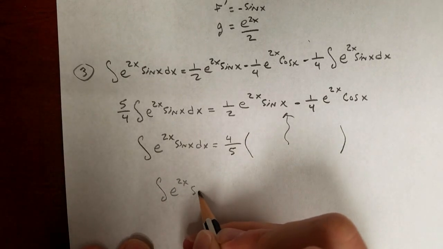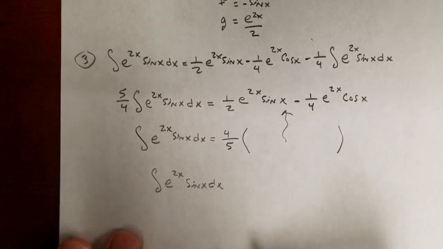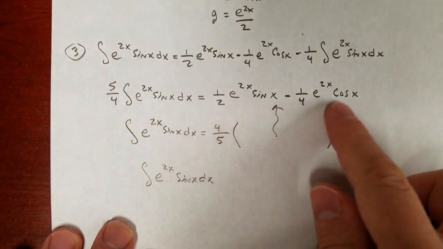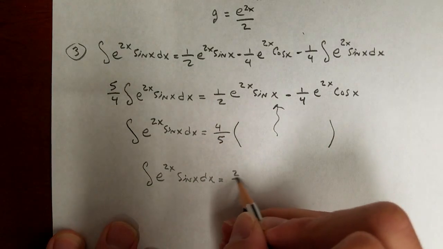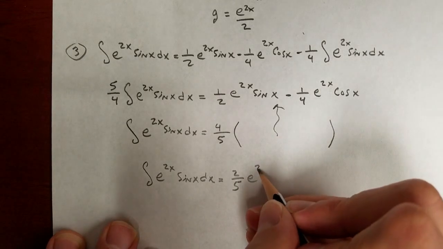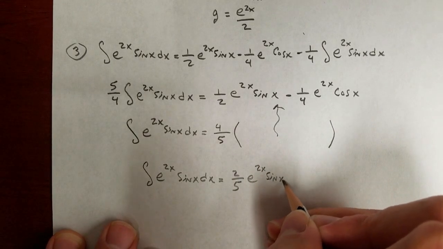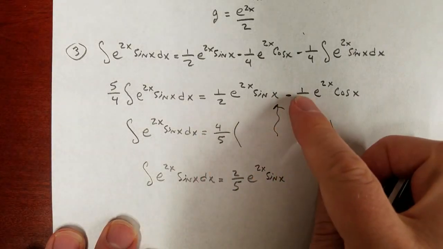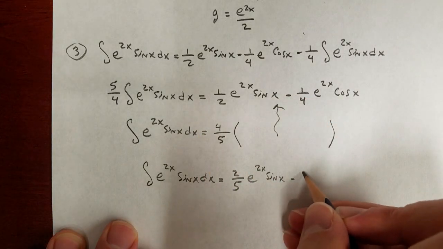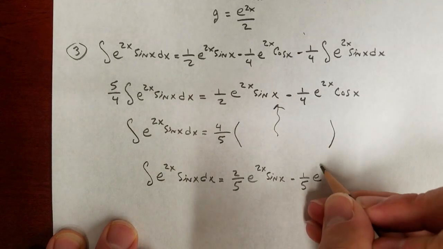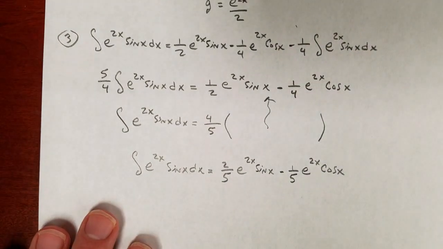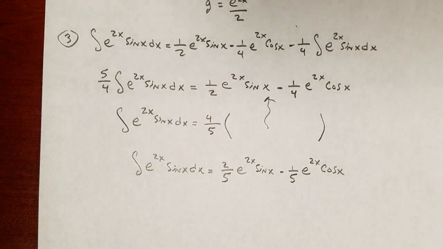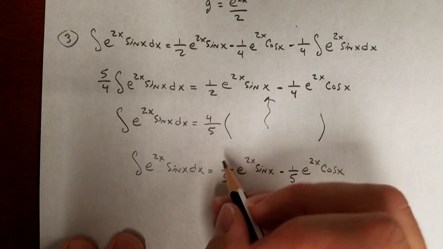So, the antiderivative of e to the 2x sine x dx is 4/5 times this. Okay, so that's going to be 2/5 e to the 2x sine x, and then 4/5 times that's going to be 1/5, so minus 1/5 e to the 2x cosine x. Okay, and then we get an answer. We reduce it. Now, I don't have a problem with this answer,